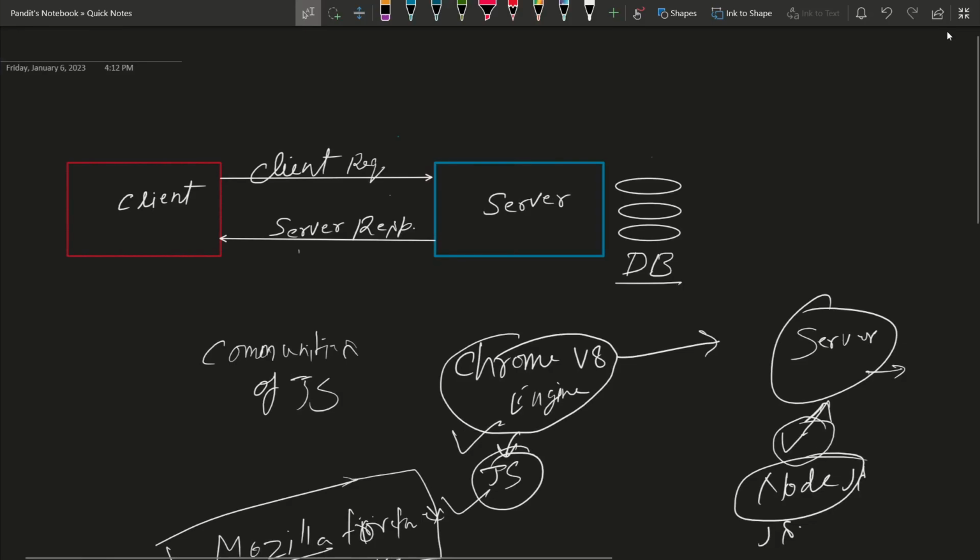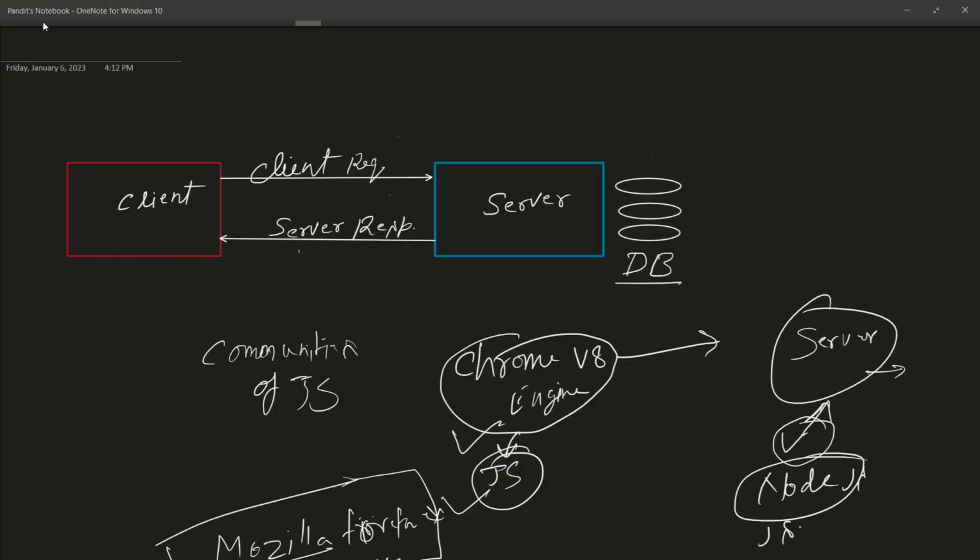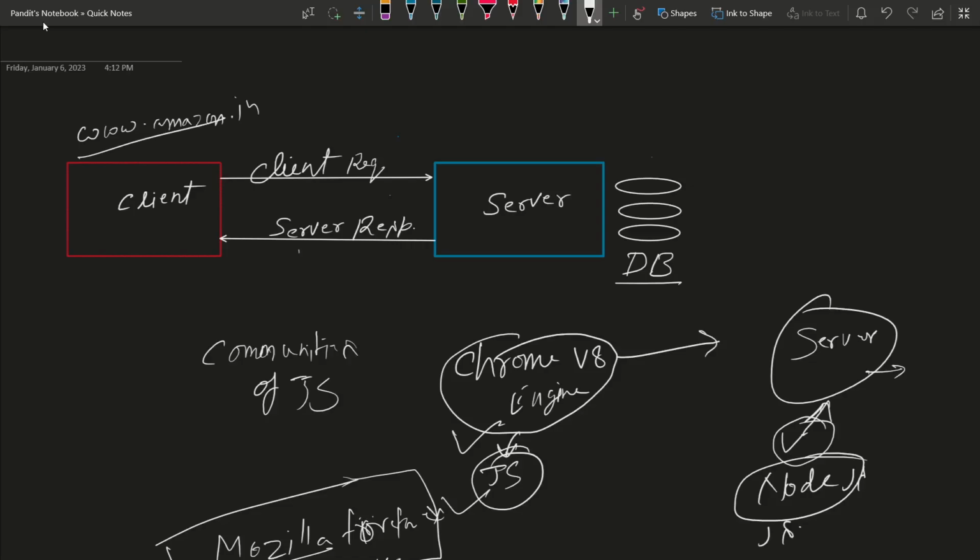The client is the guys who are making the request. Like if we want to access www.amazon.in, we are making the request. This request is going to the server side.